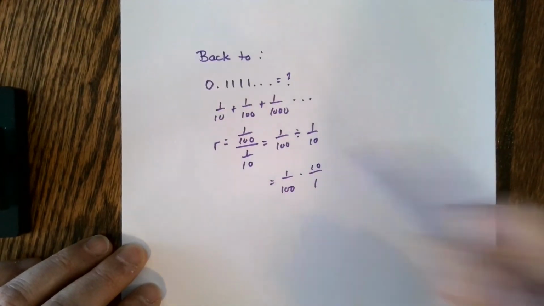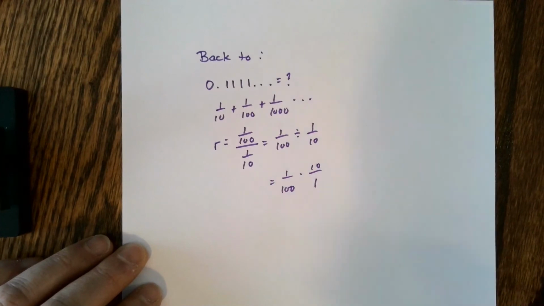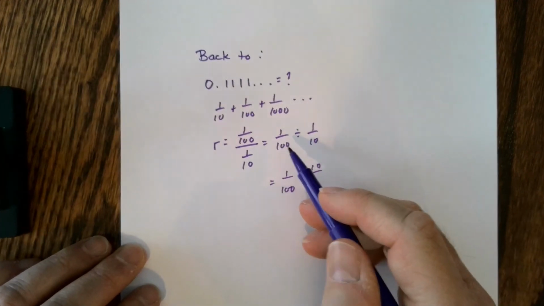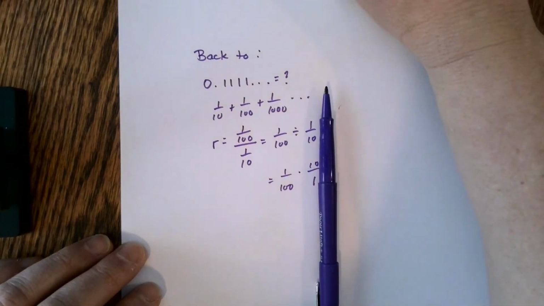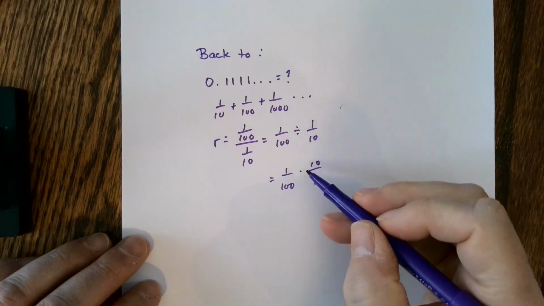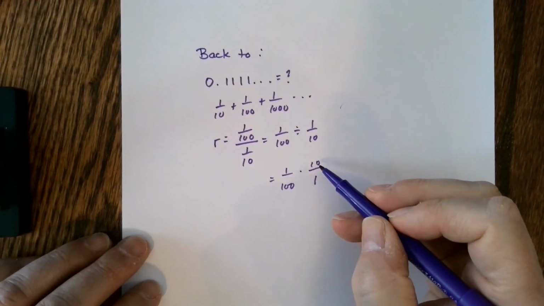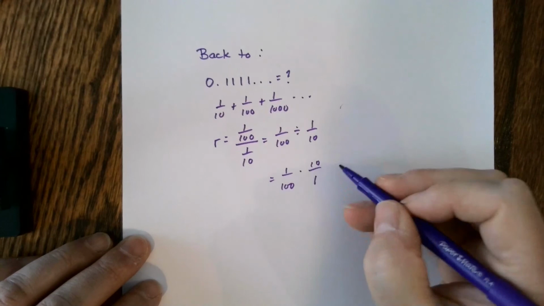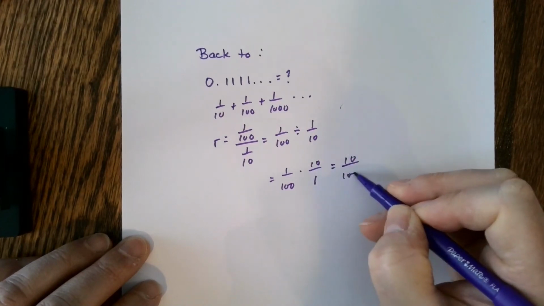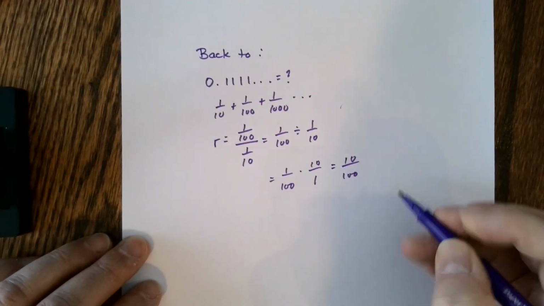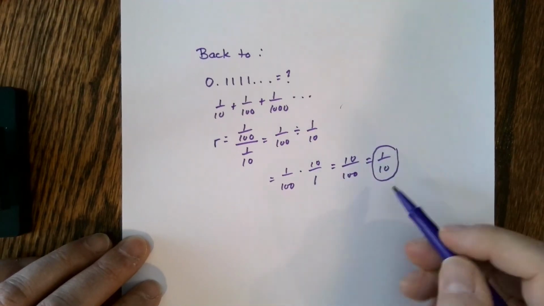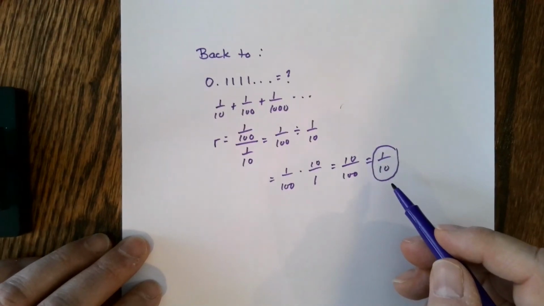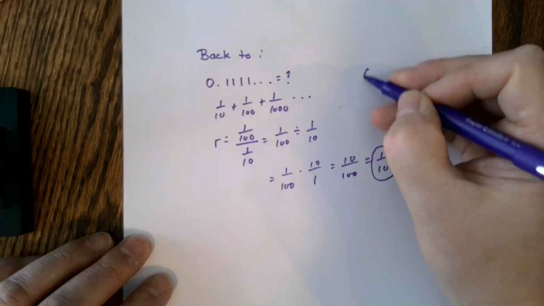Keep the first term and multiply by the reciprocal of 1/10. I end up with 10 over 100, which is 1/10. Since my common ratio is 1/10, I can now determine that this is in fact a geometric series,